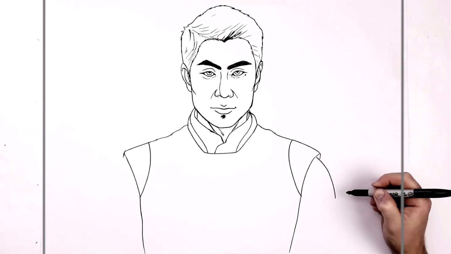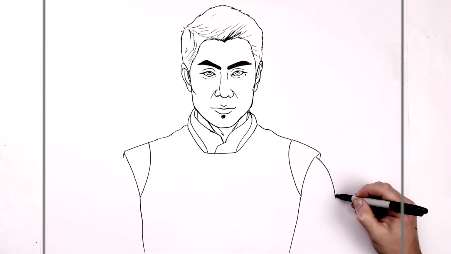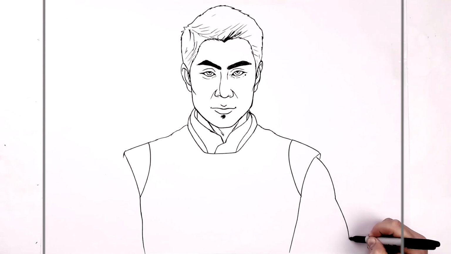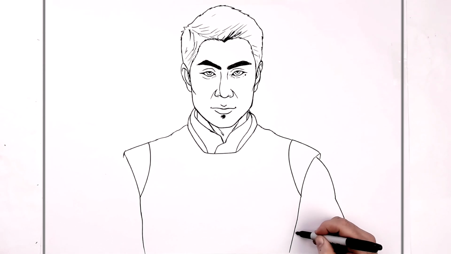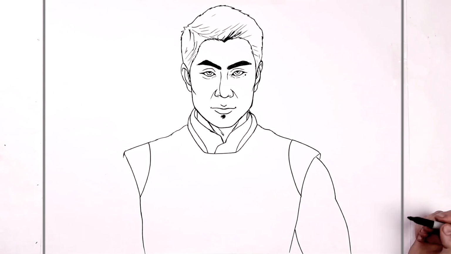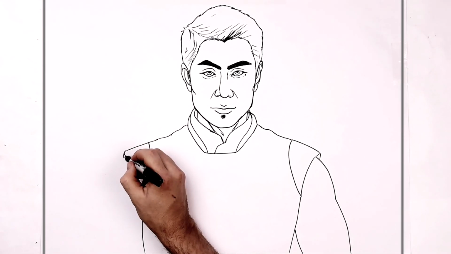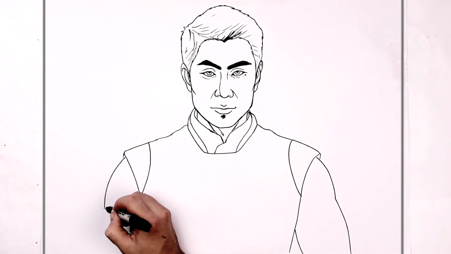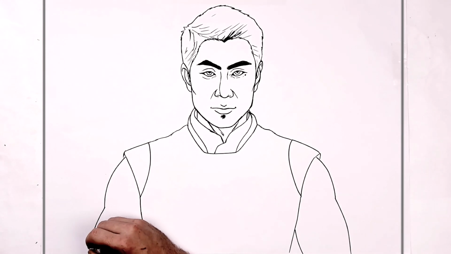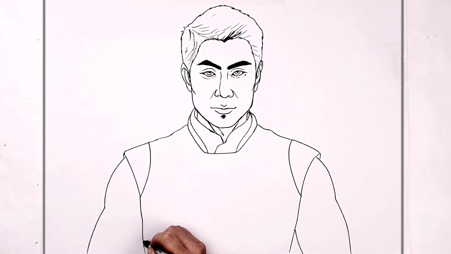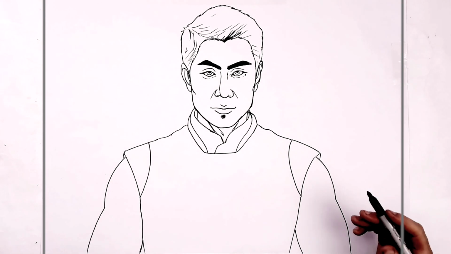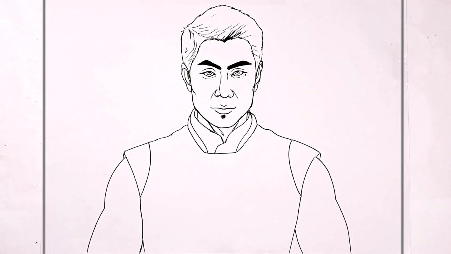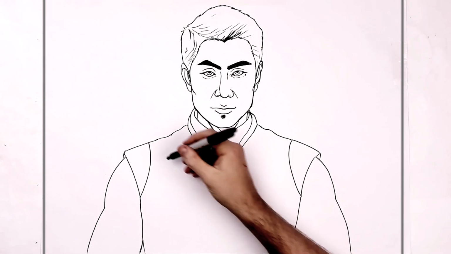muscle or armor sort of comes out here, comes out for his tricep and down, and then we can see like a little bit of his bicep just there. And then we do the same thing on this side, shoulder, tricep, and a little bit of the bicep just there. So there's all patterns and stuff on the inside of his armor, right? So